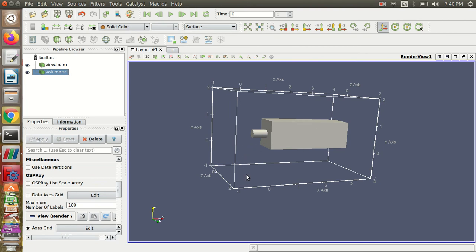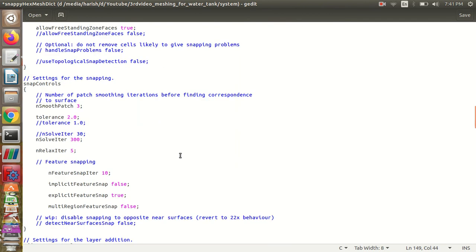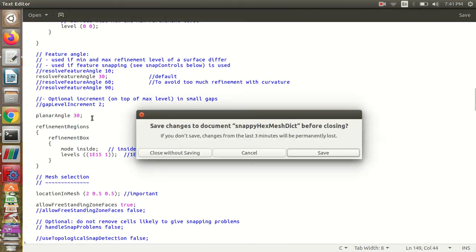Otherwise, if you keep it somewhere outside, let me say -1 comma -1 comma -1, then it will remove this center geometry and create mesh for the surrounding region. You don't want that, you want it for the geometry. That's why you need to keep the location in mesh inside the object. This is very important. Other things are fine, you can watch the previous videos.